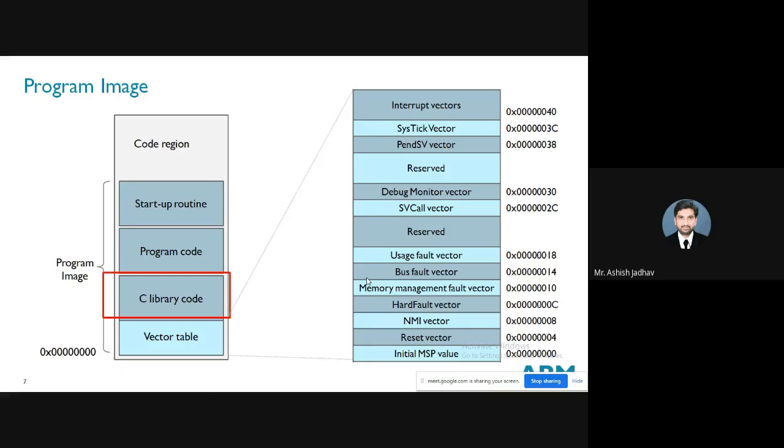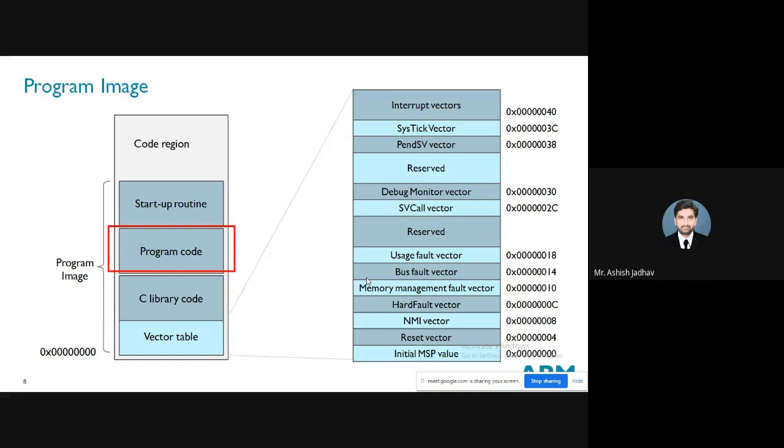Like when you say delay, or when you say some UART functionality, the corresponding subroutines are stored in those library codes, right? So the C library code region of this memory map is utilized for storage of all the libraries or subroutines that are being directly called from the main program, right? So this is what C library code is.